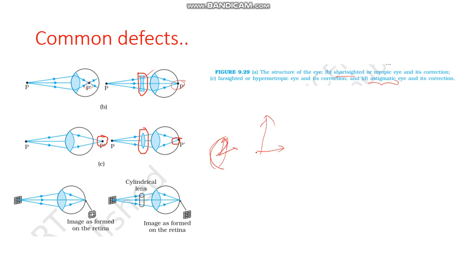Let us say, vertical plane is like this and horizontal plane is like this. In this curvature, some problem comes. What happens is this is the object which is in a square shape, but you are seeing it distorted. It is visible something like this. Okay, it should be a perfect square like this, but there is a curvature here. It is because of that error. So in this case what they do is they put a cylindrical lens in between. These three types of common defects come. Okay, that is as far as the human eye is concerned.